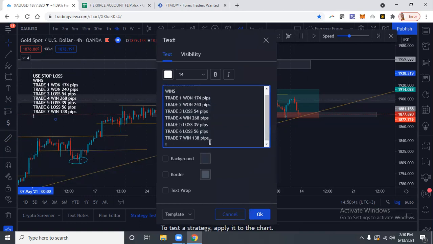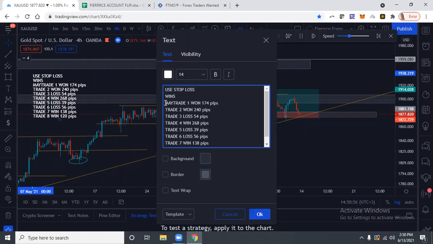120 pips. Trade 8. So guys, what I'm trying to show you is, and obviously this is very theoretical, okay? Between these trades, in the month of May 3rd and June 11th, which is last week, so far these are 8 trades. Out of those 8 trades, we had